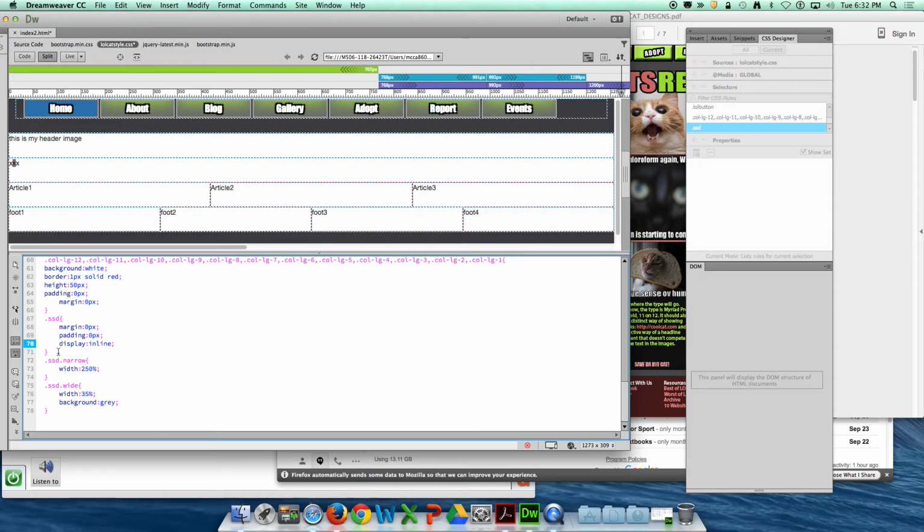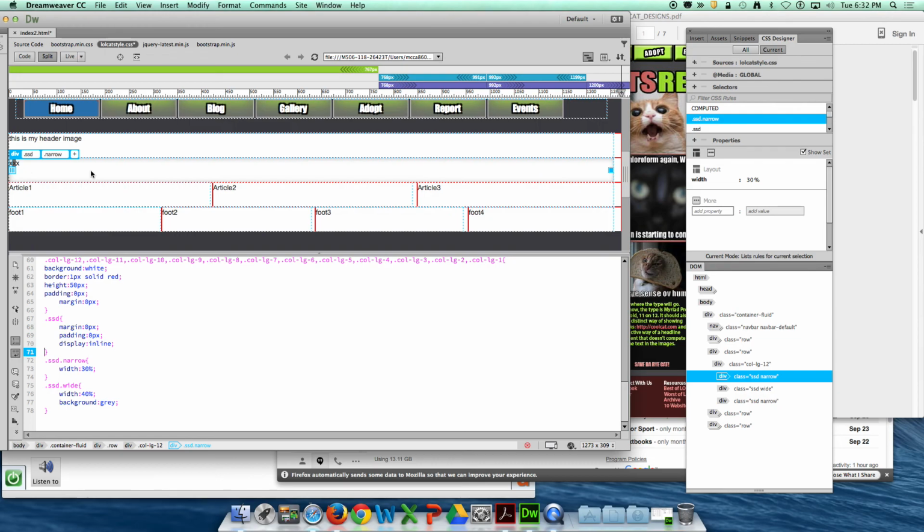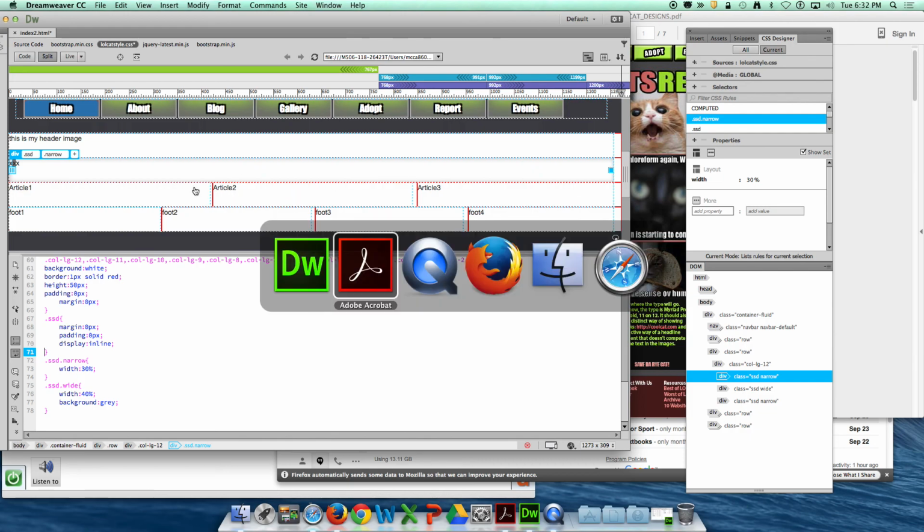So now these are all the wrong size. Padding, display, width. Oops, that's why. 30, 40. Okay. Anyways, play around with this. It's not perfect, but you can start to see what I'm going to do. I'm going to take a narrow, do a wide, and then do a narrow, and I'll put the content in later. But that's the bulk of the layout. So I'm going to stop recording, and we'll